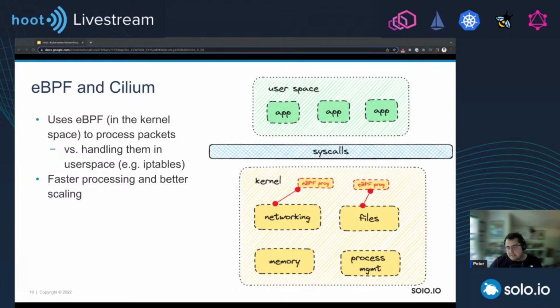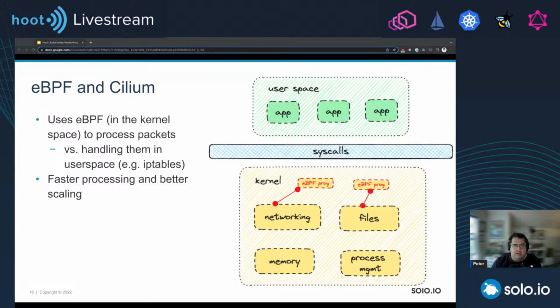Now, also as part of this, the kernel supports so-called BPF hooks in the networking stack. So we'll talk specifically about networking. Think of different event points or hooks where you can attach your programs, and then those programs will be executed by the kernel when that event happens. So if we talk about network packets, instead of processing the packets through the chains and rules in iptables in the user space, what we can do is write a program and attach that program to a specific hook in the kernel. Those programs are then automatically executed.